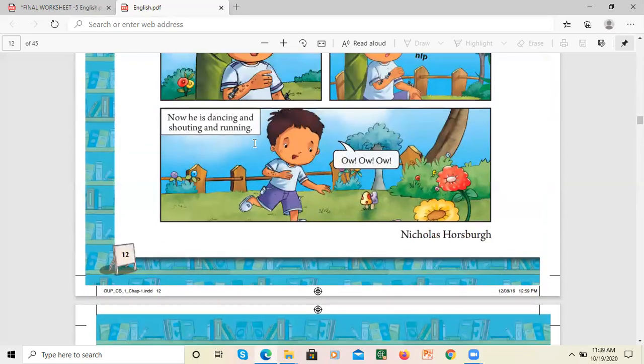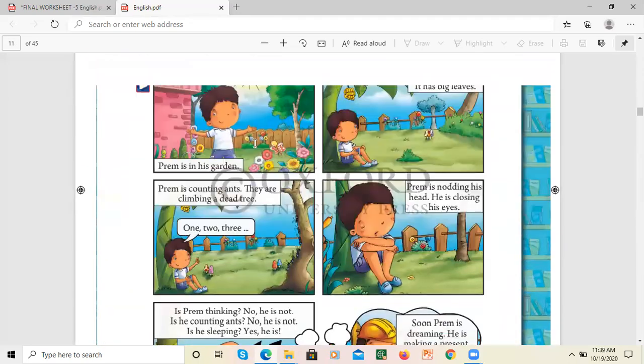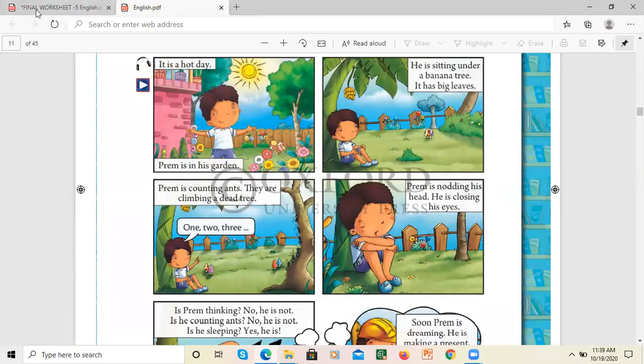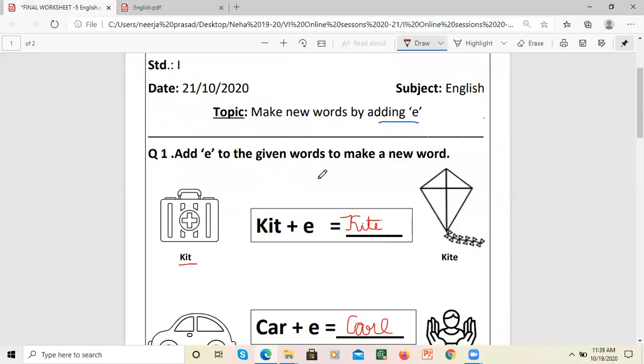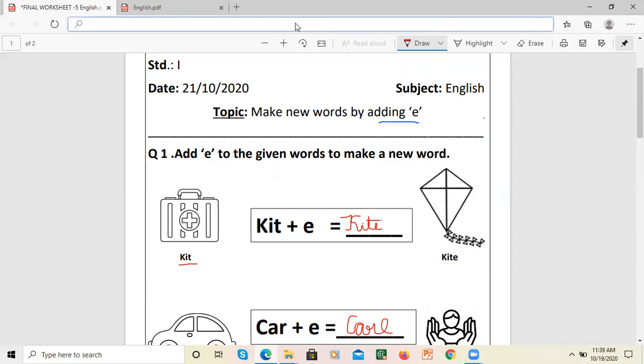Please practice reading of these chapters as I've told you, and do solve the worksheet. No worksheet has to be sent on WhatsApp. Parents, please note, nothing has to be uploaded on WhatsApp or mail or anything. I will be checking everything now during the interaction. We have got ample amount of time. Things have to be in the copy. Please make sure that the child has studied, read it and prepared it well, and it will be checked, and based on that their assessment marks will be given to them. So kindly make sure that we are doing this.